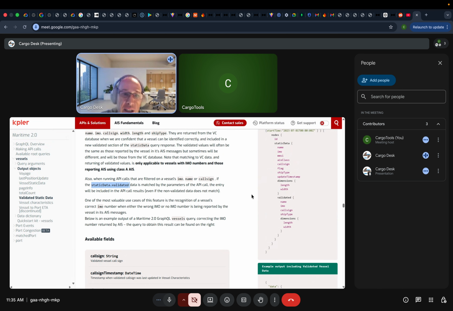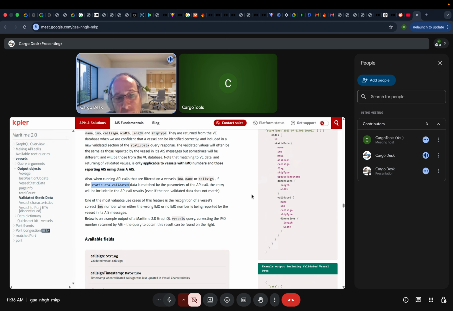So in theory, it would be much clearer and easier if that was static data dot, and then it would be AI, and this, because these are all properties of that static data object, right? And so yeah, I'm just trying to look at a way. I'm happy to leave it like this, but